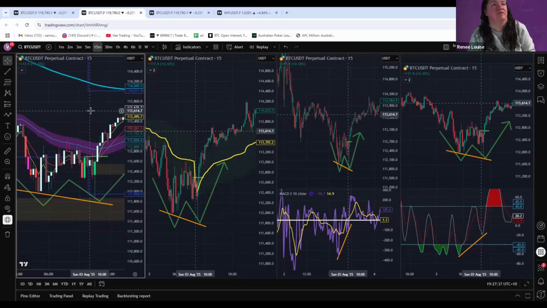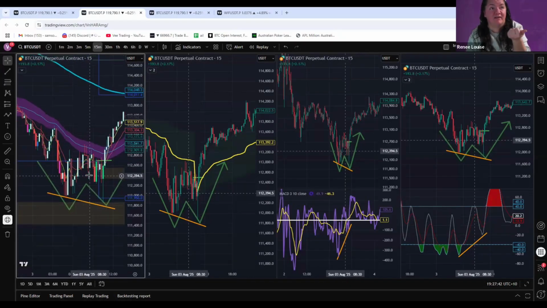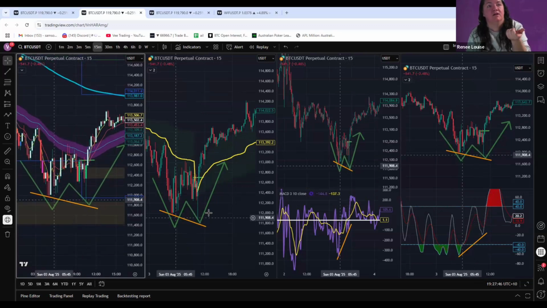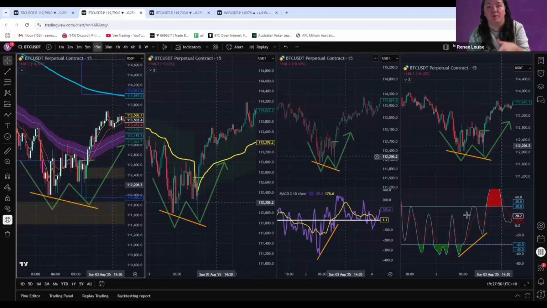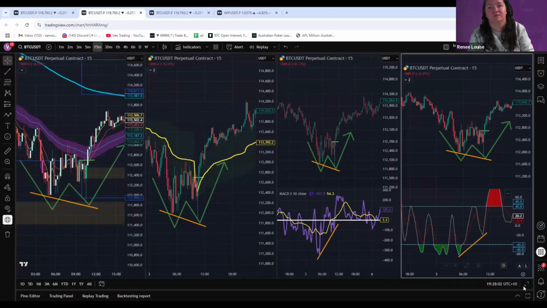So just to show you there. So we've got W formation. We have the PVRSRA candles with a candlestick formation. We have breakthrough of the VWAP. We have divergence on both of our main oscillator indicators. This is a very strong confluence of the indicators to show that there's a very good chance that this is going to be a big move. And then, of course, like once we see it,